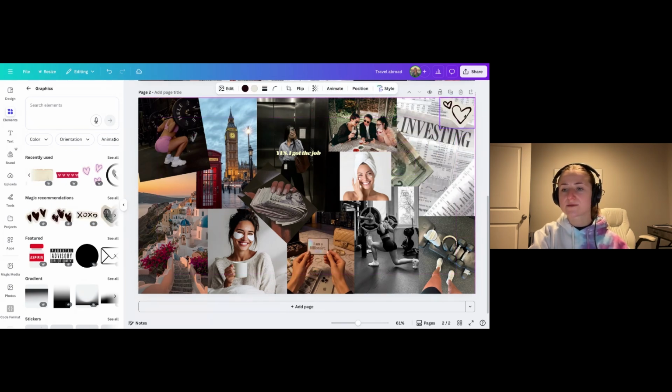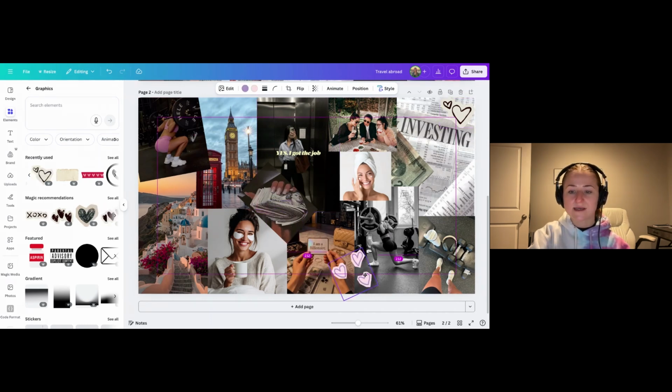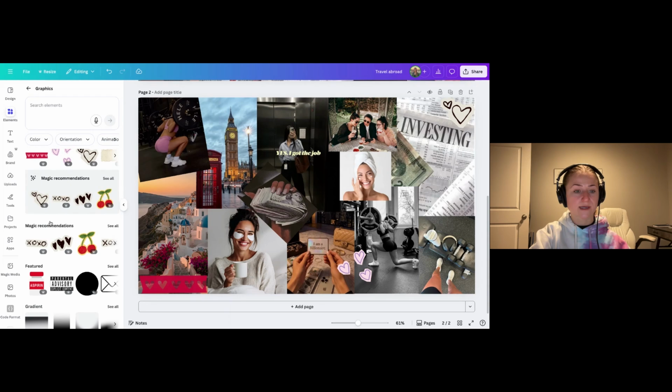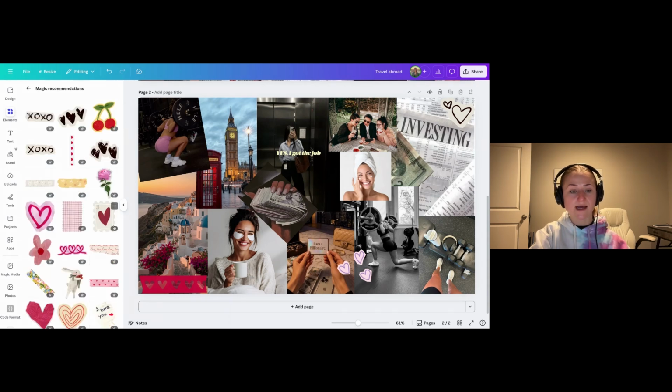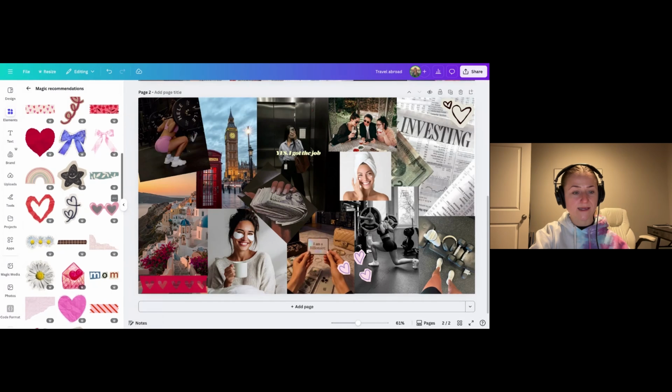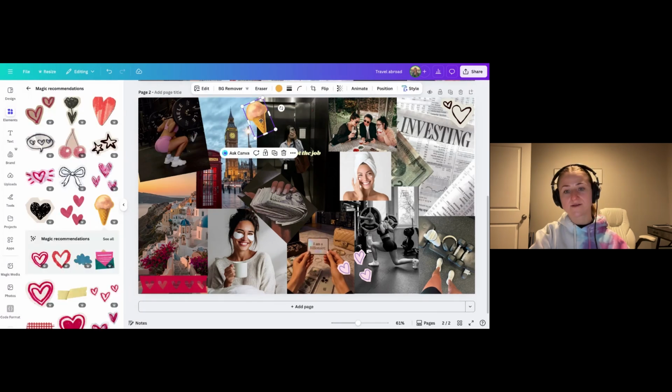I'm going to adjust them to whatever size I want. I like these little hearts. And then I'm going to put these down here. It's also fun because it's just more of a scrapbooky vibe than just having pictures. I'm going to add this over here just to remind me of the love and romance I'm manifesting in 2026. And there's Magic Recommendations with their AI that could be really cute if you wanted to incorporate anything like that. You can make it as full or not full as you want.